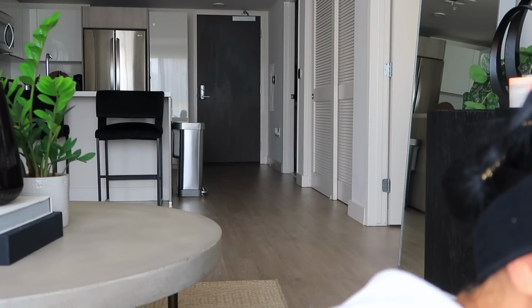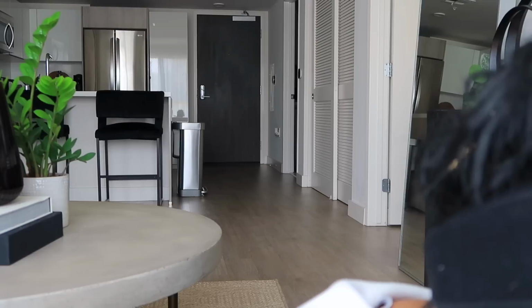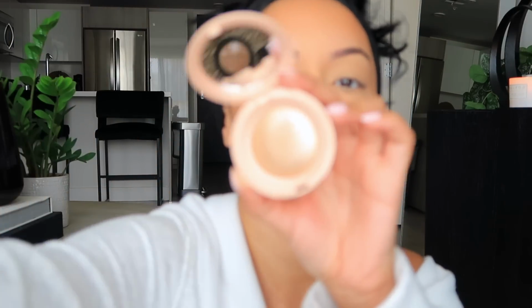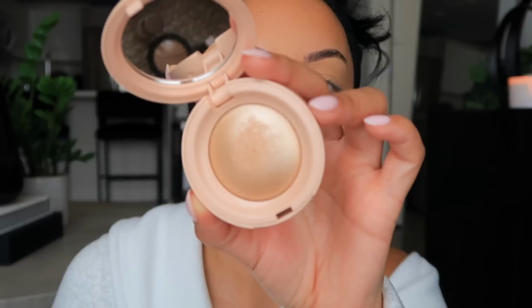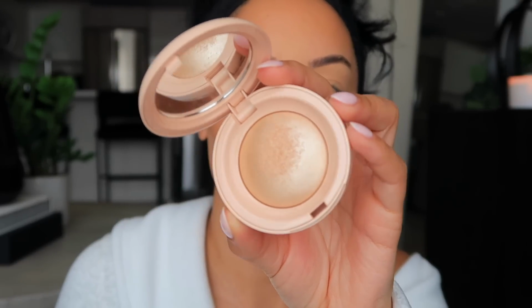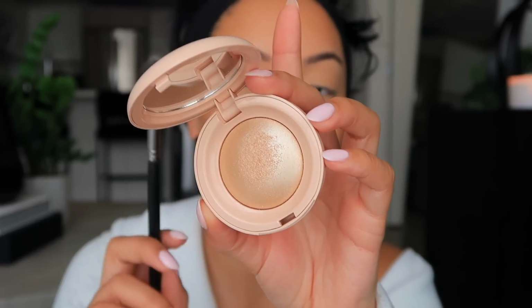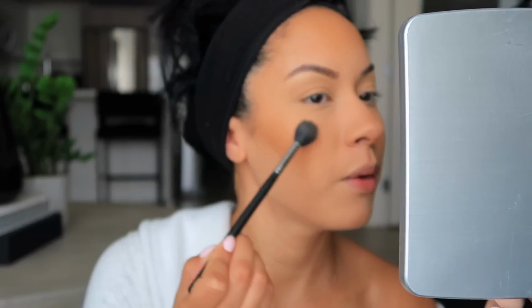The highlighter I've been obsessed with is the Rare Beauty one. It's, ooh, this one in the shade Exhilarate. That one, this is fire. And for a long time this was out of stock, and I'm glad I waited until it came back in stock to pick it up. And I didn't just give up on it, because this has been the best highlighter. A little bit goes a long way as well. So I'm just going to apply that right up, like,